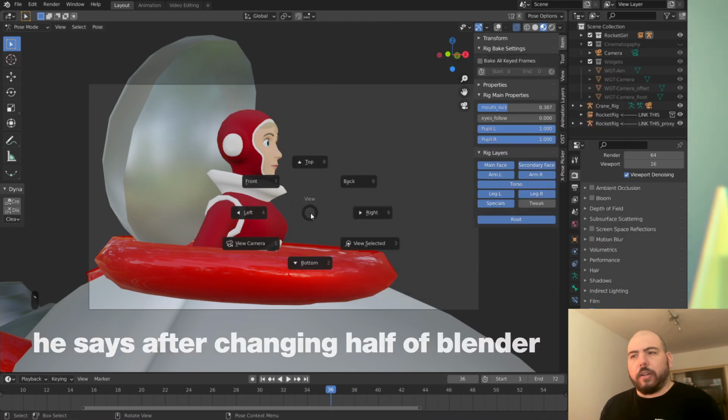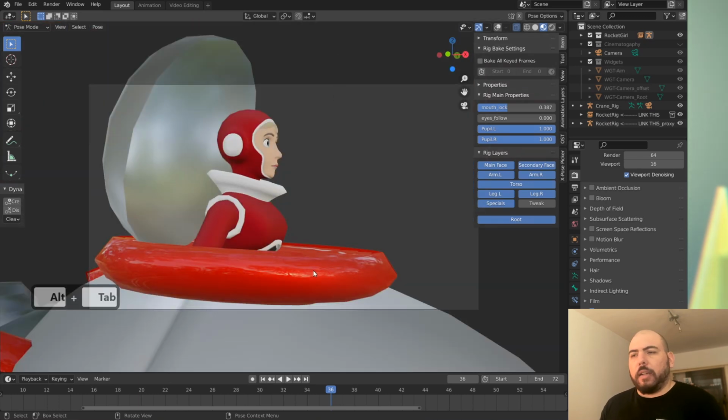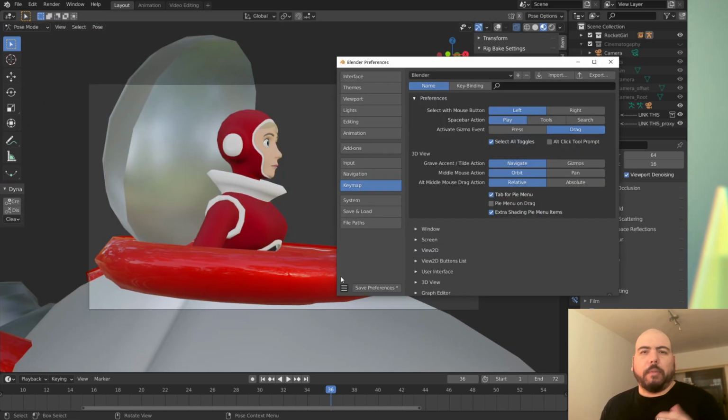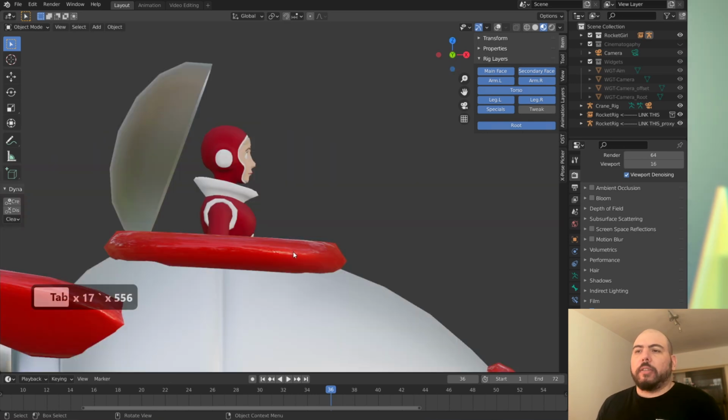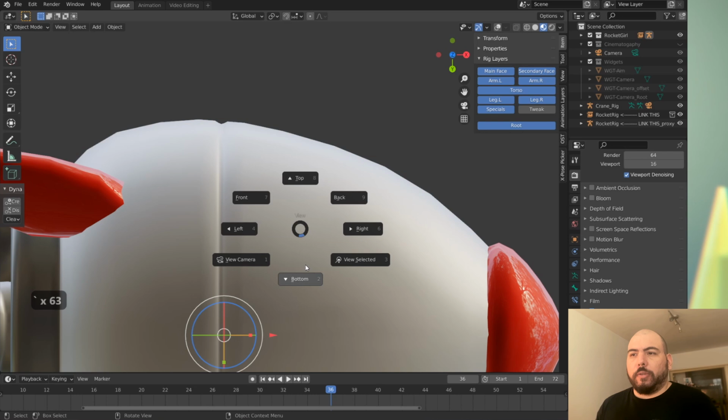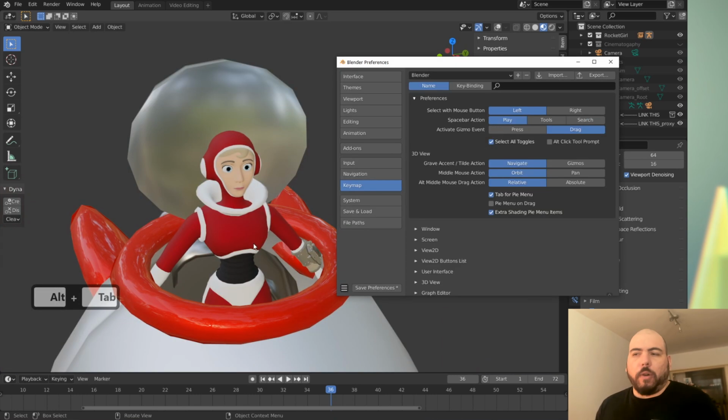I like to have the hotkey for the camera switching. It takes a little bit of adjusting to it, but it works. It's kind of like the space bar in Maya. It makes sense the way they organized it, but it's not the most useful way. Like bottom being straight down makes sense visually, but it's the one that you're gonna use the least in the entire menu. But front, it's clearly one of the ones that you want to use the most. So they could have gone, imagine this was looking from up, so you could have had front, left, right, back, and then top and bottom. That would have made much more sense. In any case, it works, you get used to it.